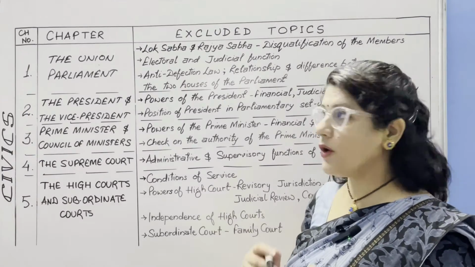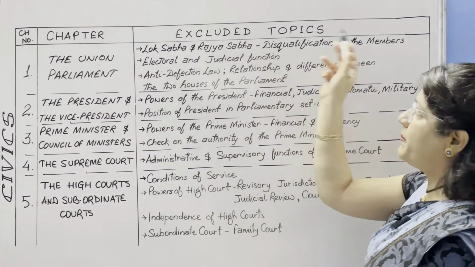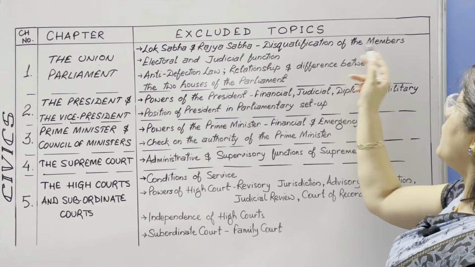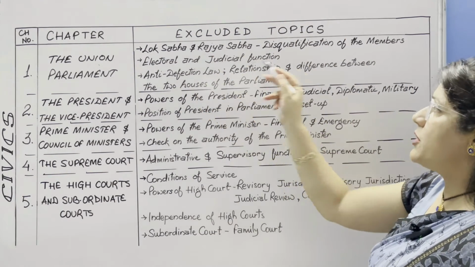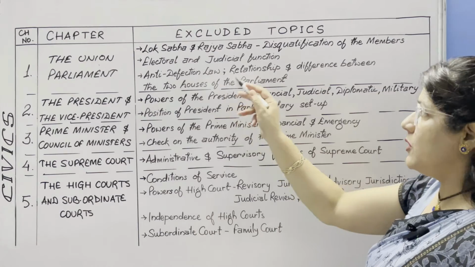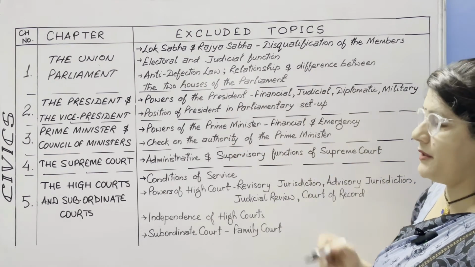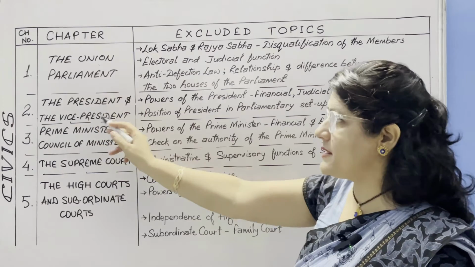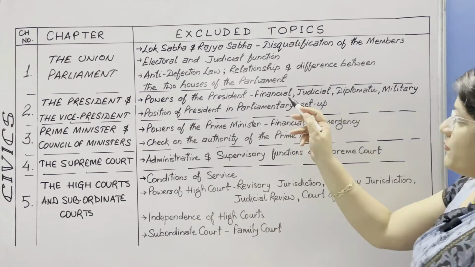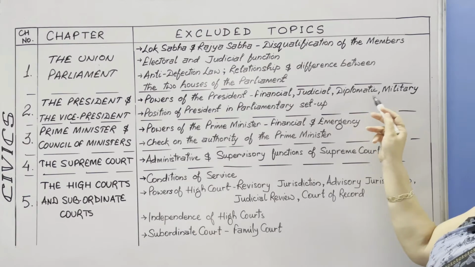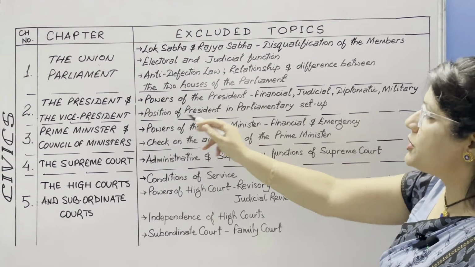Now coming to the portion of civics, our chapter 1 is the Union Parliament, and excluded topics are disqualification of the members of Lok Sabha and Rajya Sabha, electoral and judicial functions, anti-defection law, relationship and difference between the two houses of the parliament. From second chapter, the president and the vice president, excluded topics are financial, judicial, diplomatic and military powers of the president, and position of the president in